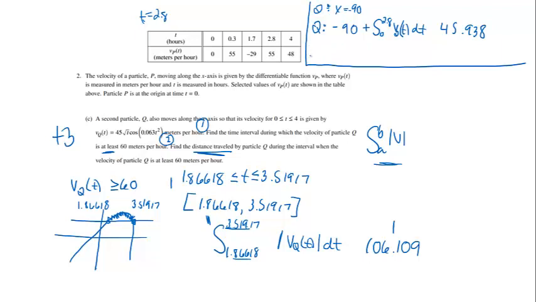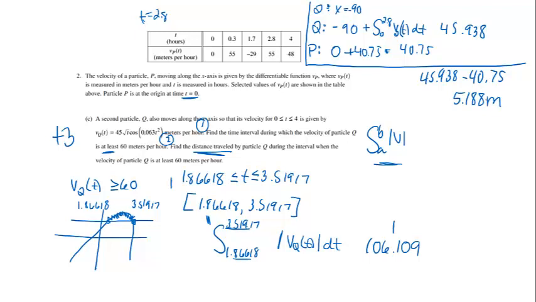And then we have particle P. Well, particle P said it was at the origin, so that was where it started, plus we want the displacement, and it actually said to use our answer from part B. So the answer from part B was 40.75. So the particle P's position was 40.75. So now we know where the particles are at 2.8. So now to get the distance between them, we will just do 45.938 minus 40.75, and that gives us